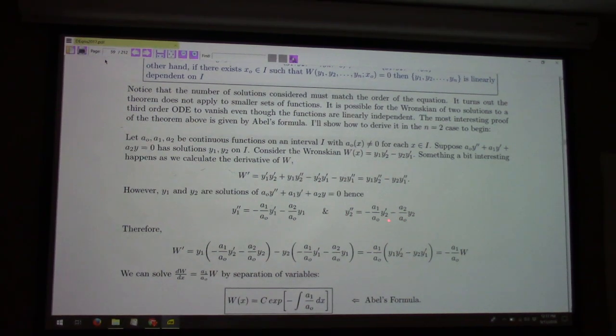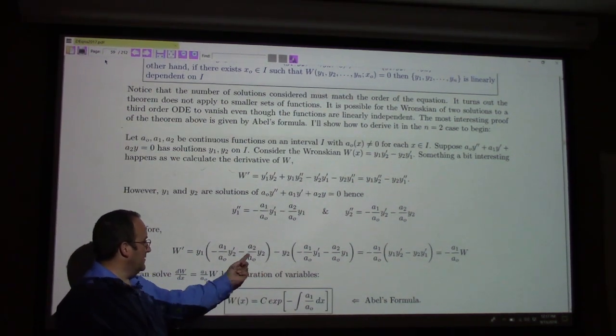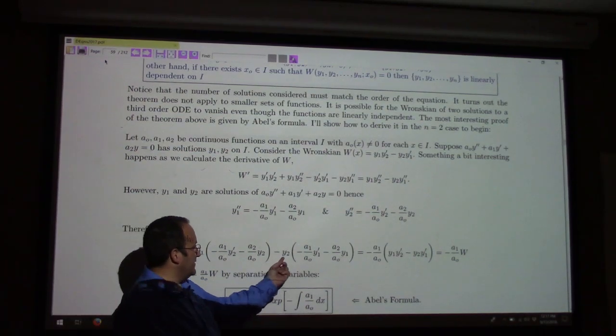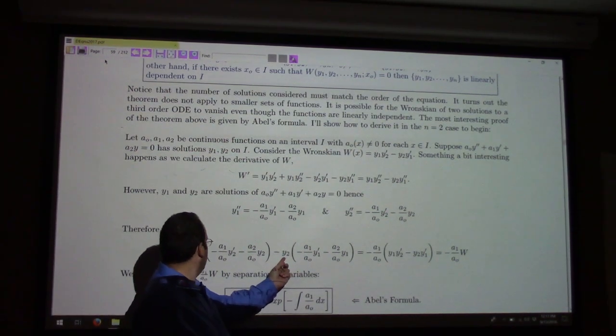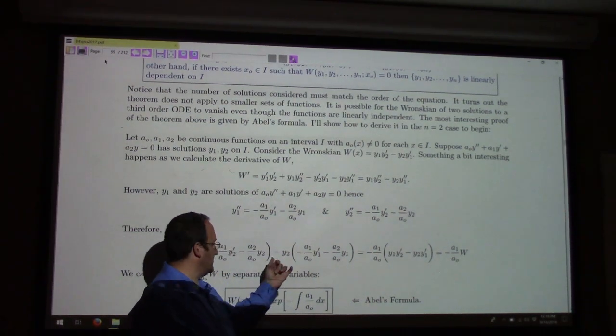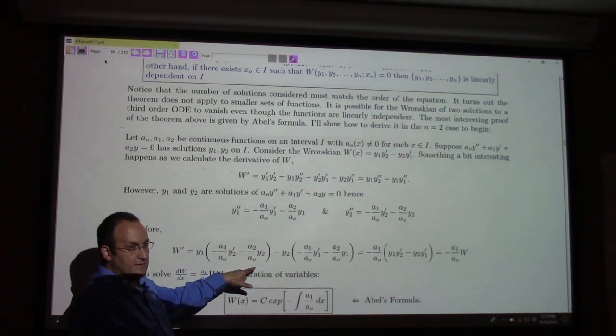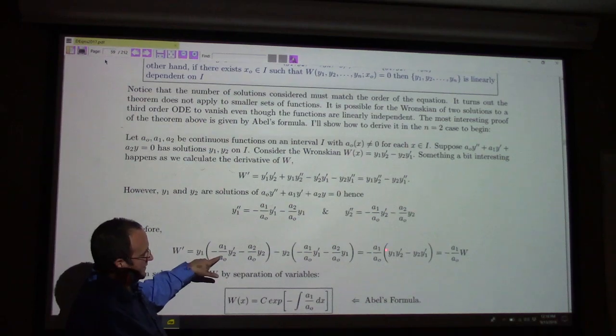Then I can plug these formulas back into the derivative of the Wronskian, y1 y2 double prime minus y2 y1 double prime, and what does that give me? What happens when you do the math here? Well, some stuff cancels again, right? I get y1 y2 a2 over a naught. And over here I've got y2 y1 a2 over a naught, but I've got a minus minus, which is a plus. And over here I've just got a minus. So this term and that term will be canceling. And you're just left with minus a1 over a naught